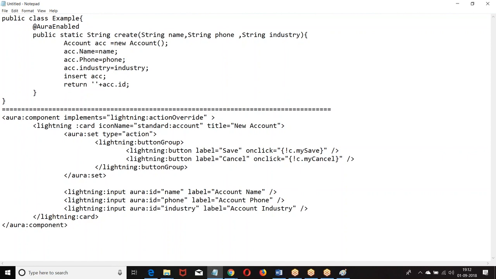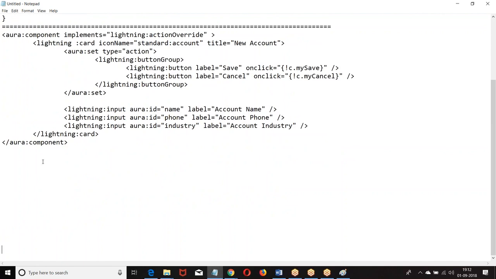Anybody finding difficulty with this? Right, boss? So all the three concepts we learned from the beginning of the class, we are including them. We learned them as individual components. Now we want to include them and make a single functionality. Then what are you supposed to do? Create a functionality. What was that? My save, cancel. Create a JavaScript functionality.